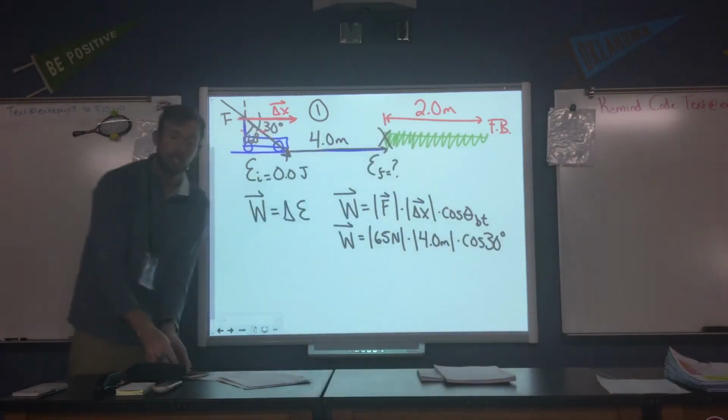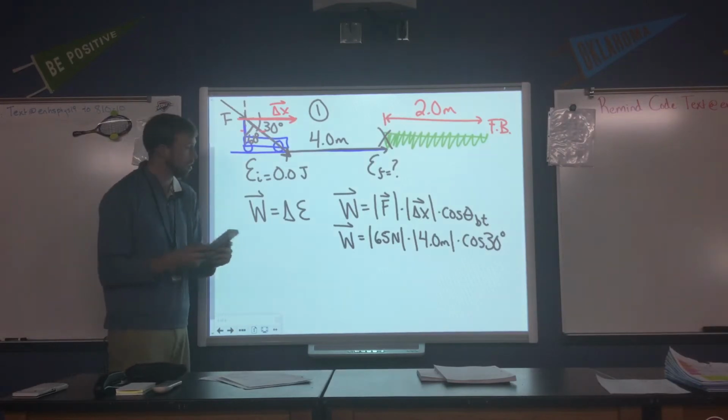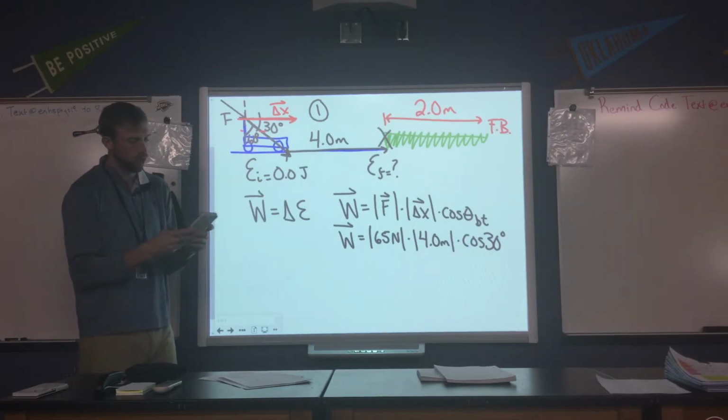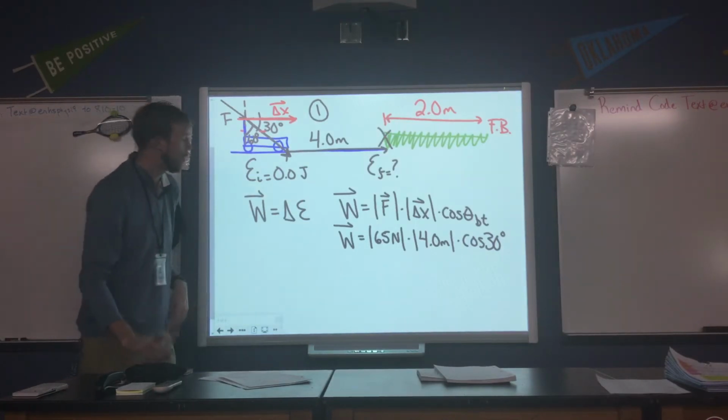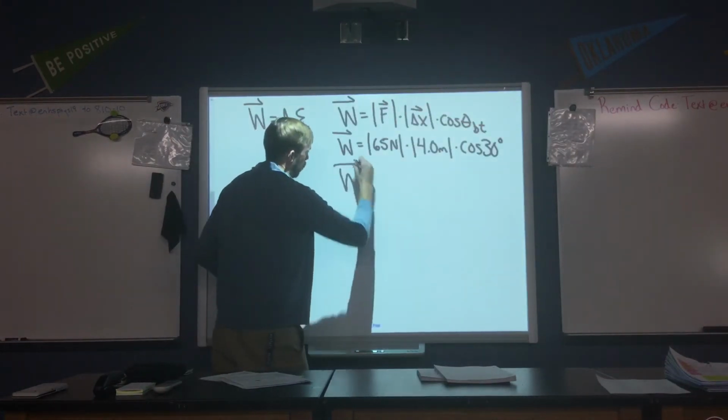Let's take a moment and plug this in. Do make sure your calculator is in degree mode. Mine was actually in radian. Otherwise, that's going to cause us a little bit of an issue with the numbers we get. So 65 multiplied by 4, multiplied by cosine of 30 degrees, we get about 225.2 joules. So the work done,